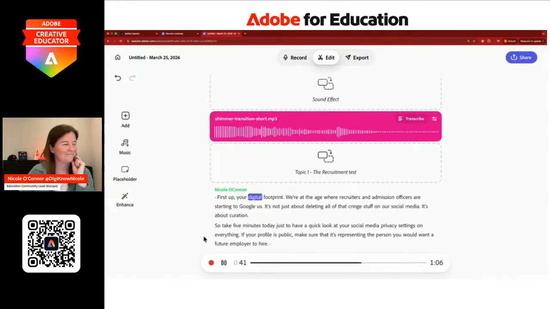First up, your digital footprint. We're at the age where recruiters and admission officers, and I'm going to pause there. So I can see I need to take out that big long gap, and I have to do a couple of little edits as I go, but being able to listen back to your work and make those changes, super